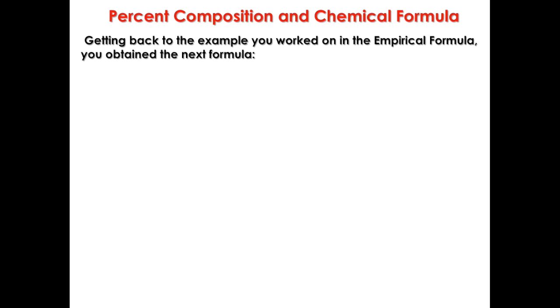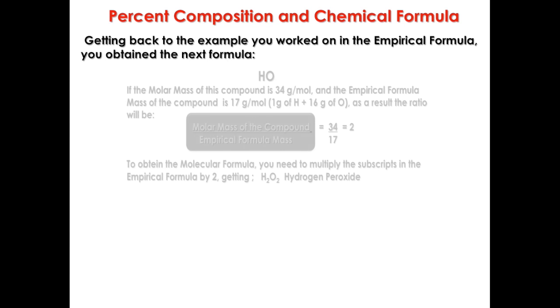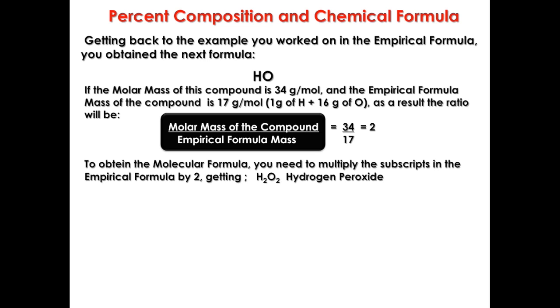Getting back to the example you worked on in the empirical formula, you obtained the formula HO. If the molar mass of this compound is 34 grams per mole and the empirical formula mass of the compound is 17 grams per mole, which is 1 gram of hydrogen plus 16 grams of oxygen, as a result, the ratio will be 34 divided by 17, which is 2. To obtain the molecular formula, you need to multiply the subscripts in the empirical formula by 2, getting H2O2, which